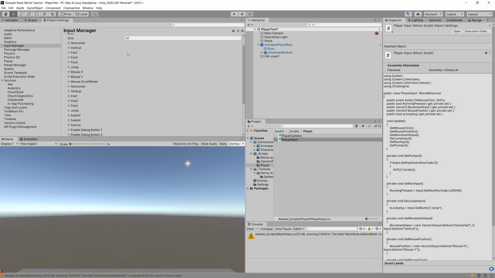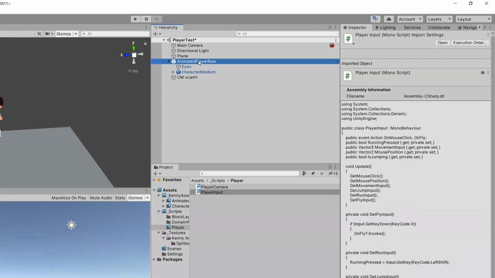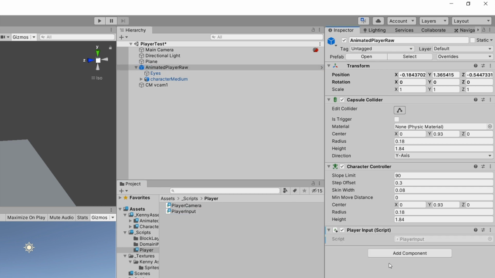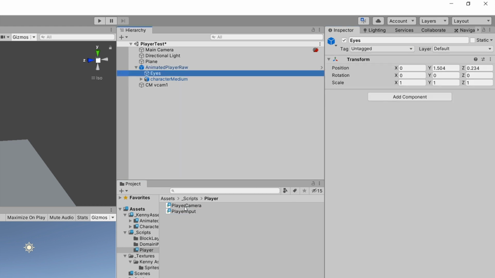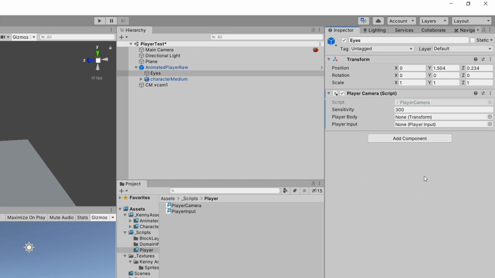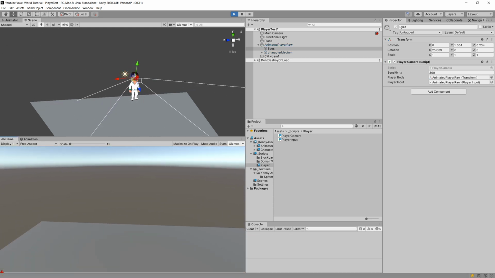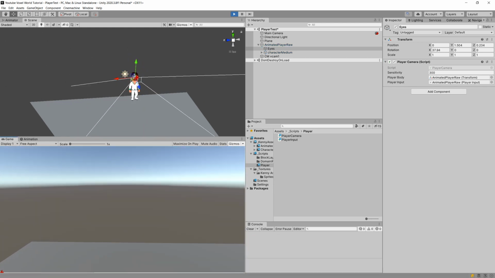Great. Now errors should be gone. Let's close the project settings. All we need to do is select our animated player raw. I'm going to add here the player input, and to the eyes, I'm going to add player camera. Now I will want to select the player body as the animated player raw, and the player input is accessed automatically. So if we now press play, we should see that we can move our mouse and our character can